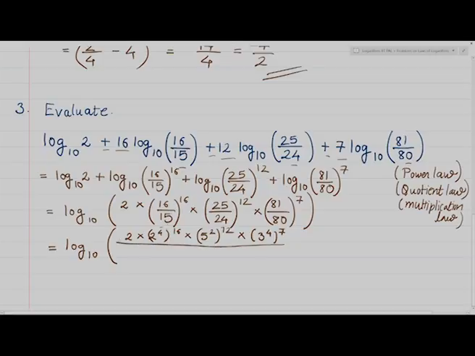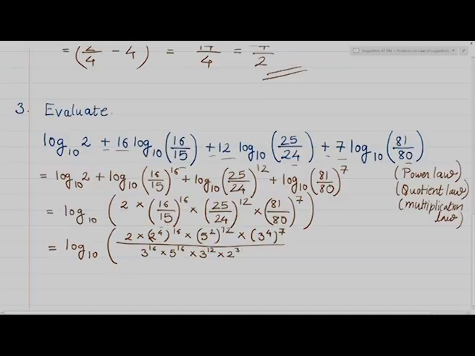I have 15. 15 can be seen as 3 into 5. So I will write separately 3 raised to 16 into 5 raised to 16, into 24, which is 8 into 3, and 8 into 3 can also be seen as 2 raised to 3 into 3. So I will get 3 raised to 12 into